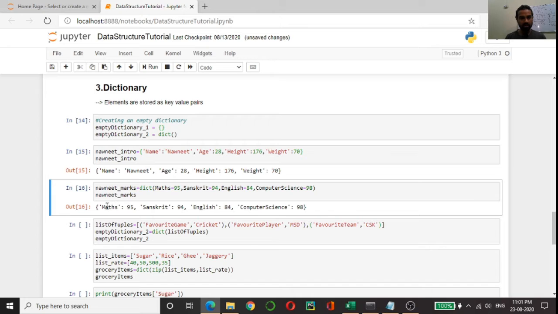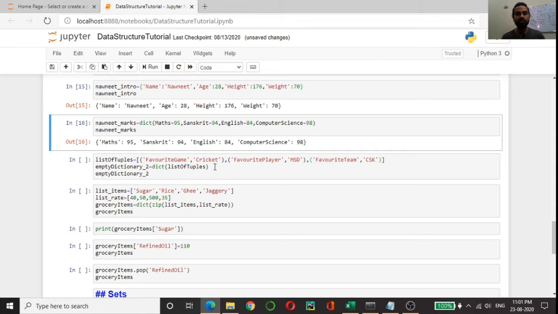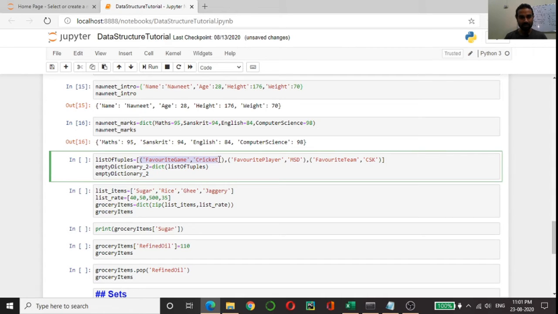As you can see, the dictionary is created with the subject and the marks for them. The next way to create a dictionary is by using a list of tuples. As you can see, this part is a tuple and this part is a tuple, this part is a tuple, and we are creating a list of tuples.